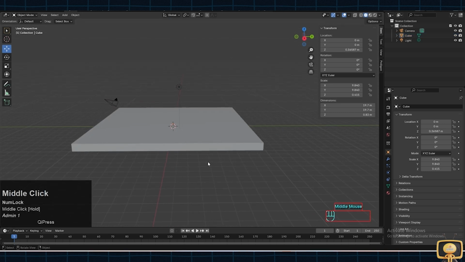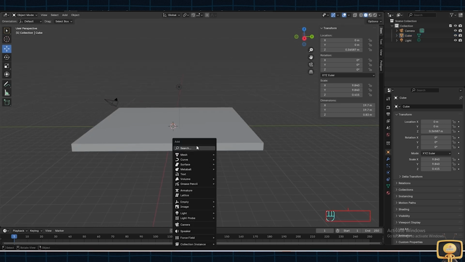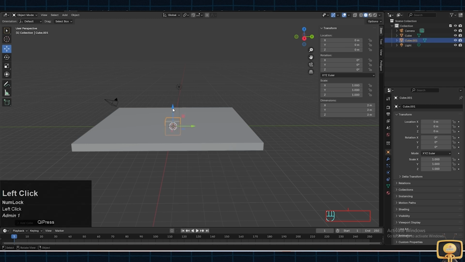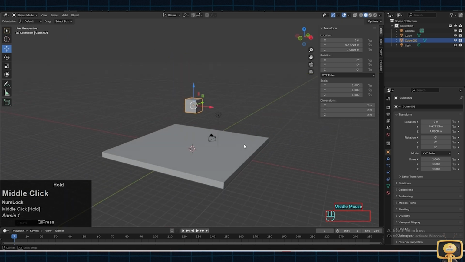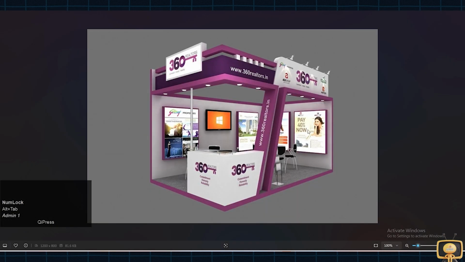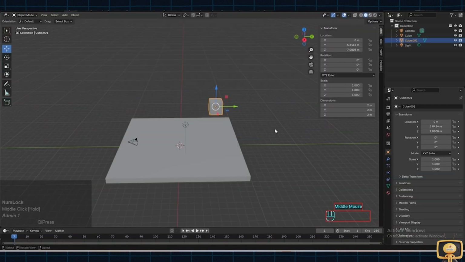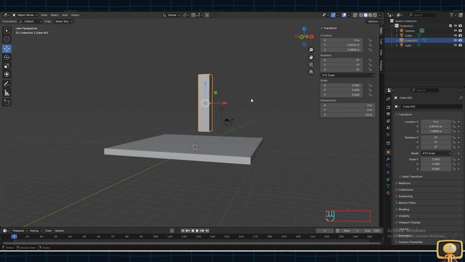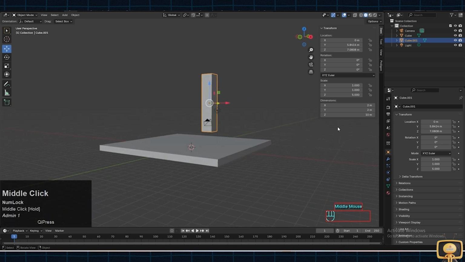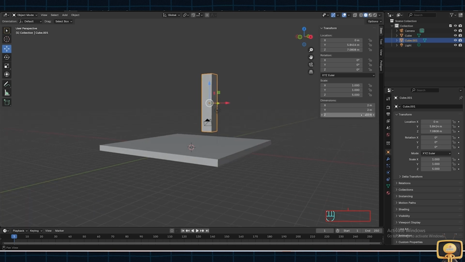Now once you press Shift plus A, an option menu opens here, and you have to select Mesh, go to Cube, and another cube is generated. Now let's change the dimension of this cube. First we have to check the dimension, that is right, back and side. For the height, we have to change 2 meter to 10 meter, that is 10 feet, as given in our mail. The height is 10 feet, and for the 10 feet the height is 10 meter because the m is denoted as feet.